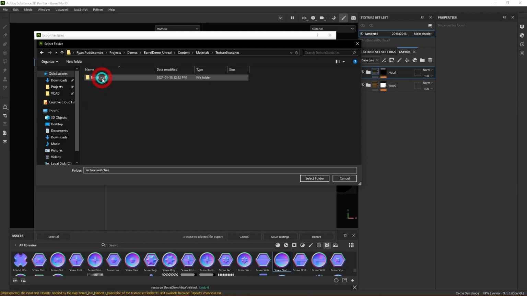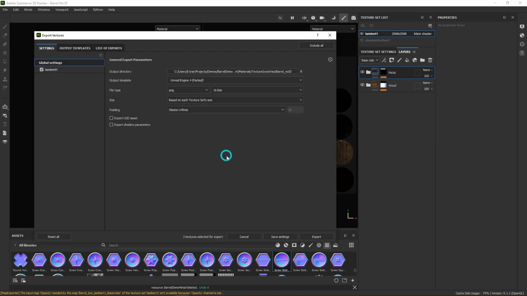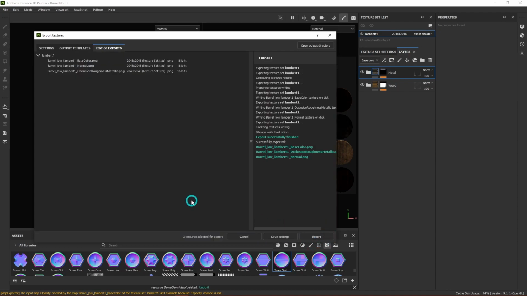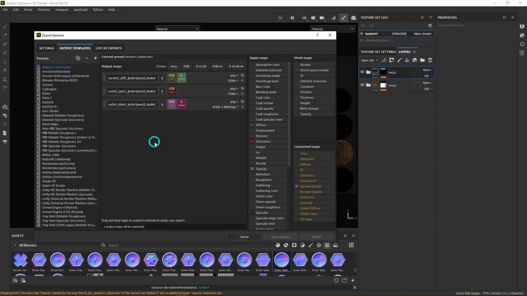I'm going to send it straight into our Unreal Engine file, based on each texture set. Okay. And export. And so that is kind of all you need to know for exporting. But let's say you wanted to make your own